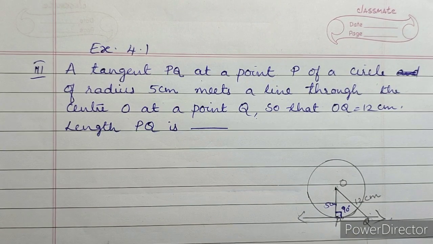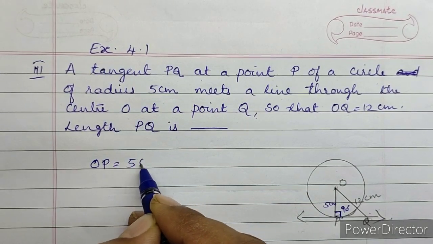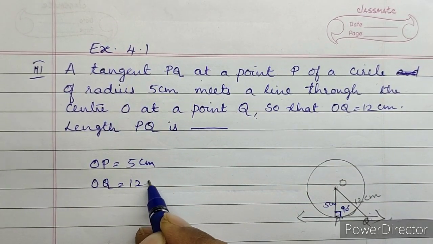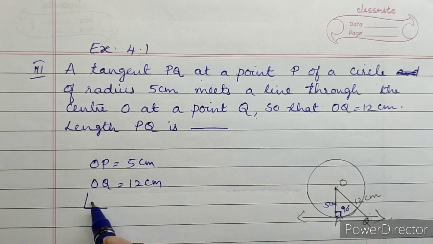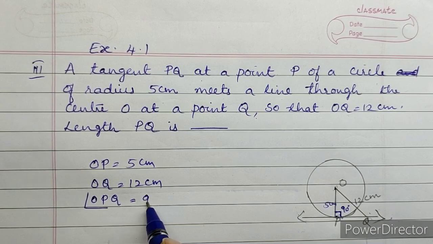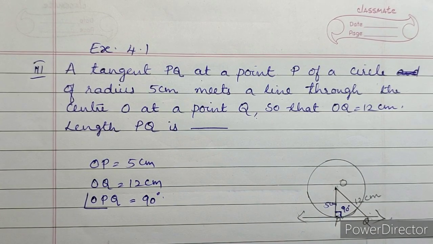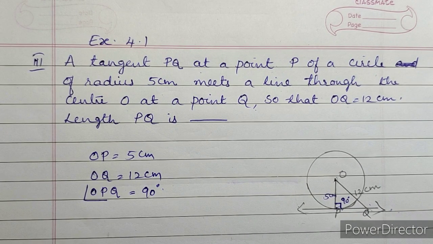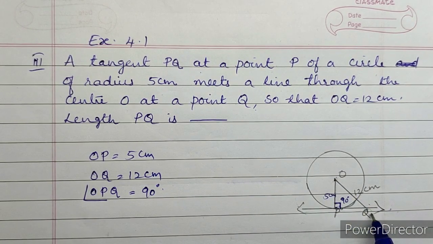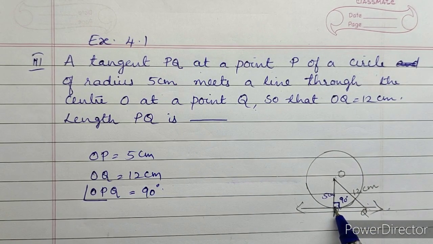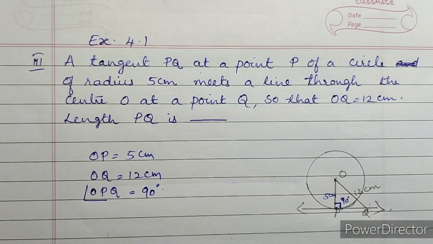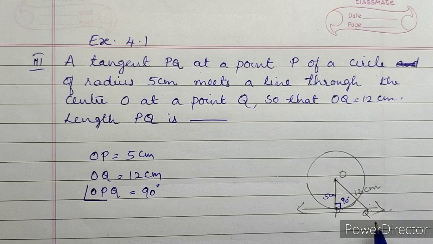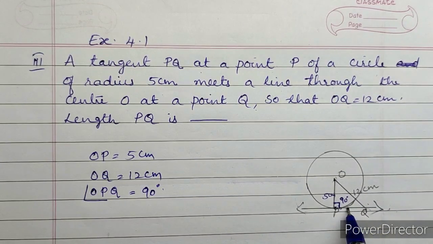First, what is given you should write here. OP equals 5 cm, OQ equals 12 cm, and angle OPQ equals 90 degrees. If this is 90 degrees, the triangle is a right angle triangle. Right angle triangle means first what should come to your mind? Yes, of course it is Pythagoras theorem. Can you use Pythagoras theorem and find the third side? Two sides are given, one angle is 90 degrees. Last year you have learned that. While locating root 2, root 3 and all, at that time I gave that Pythagoras theorem. So here also you have to use Pythagoras theorem only.